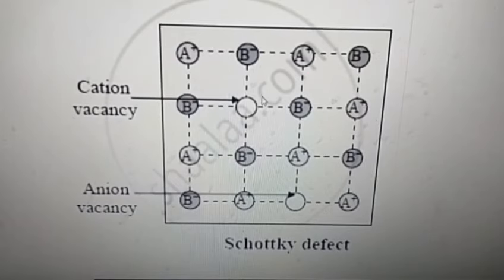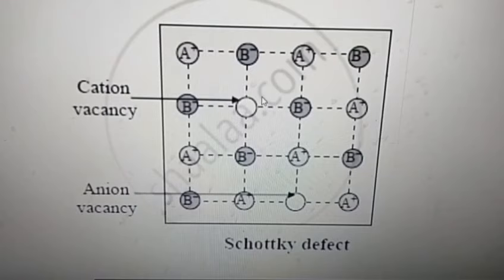If we take silver bromide, it can show both Schottky defect as well as Frenkel defect. Already I told you the examples. While saying the examples of Frenkel defect, I told you silver bromide. In the same manner, while saying the examples of Schottky defect also, I said silver bromide. So silver bromide exhibits both Schottky defect as well as Frenkel defect. So these are the stoichiometric defects. Stoichiometric defects are nothing but the defects which won't disturb the stoichiometry of the solid. They are also called intrinsic or thermodynamic defects.